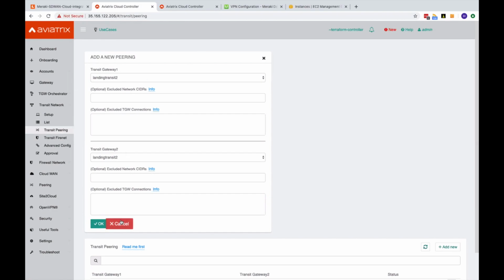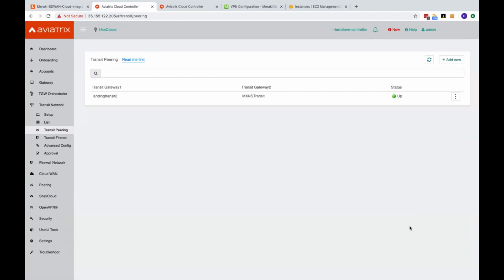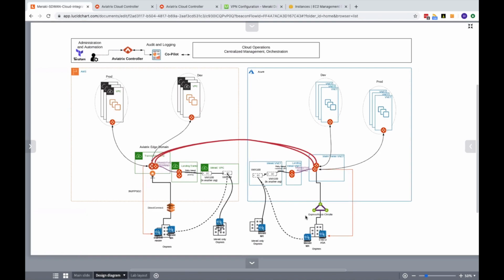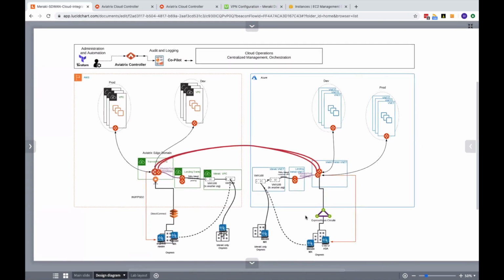You would peer here and boom, you're done. That's it. And now those routes are exchanged between the two transit devices. Okay. And it's there for you to use. So just as a quick recap here, you create the main transit network, main transit environment that you have